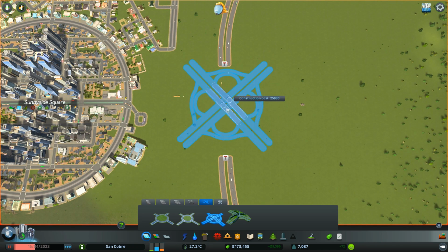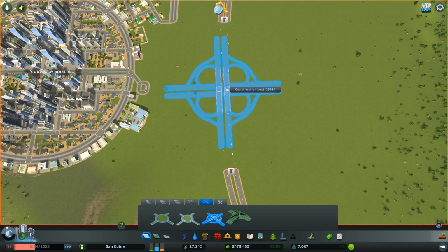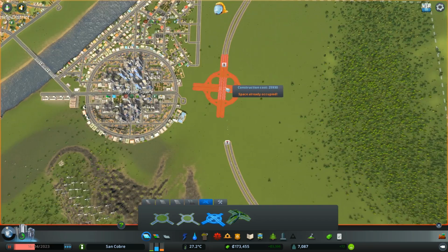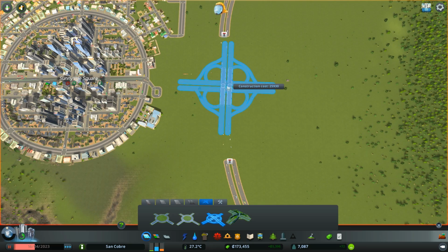And then once we've cleared out a good chunk of space, let's see if we can... Oh, we need to clear out a little bit more on both sides here. And then let's throw down one of these. Again, I don't like that it's a very straight line, which doesn't really work because we've got this kind of curved highway. And so it is going to look a little bit odd, but at the same time, I kind of want...